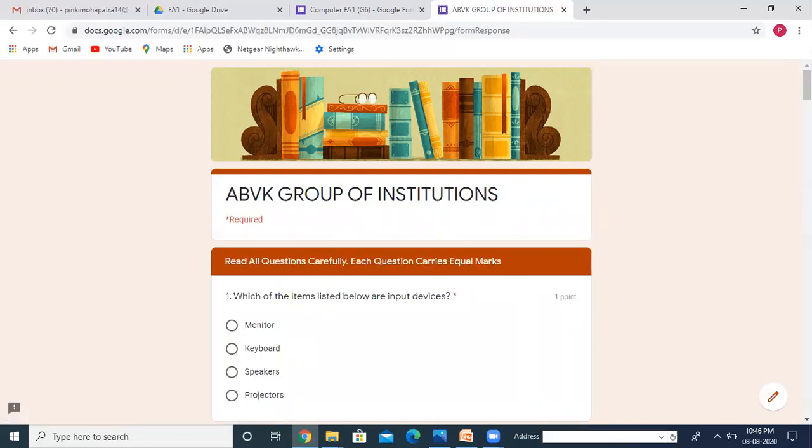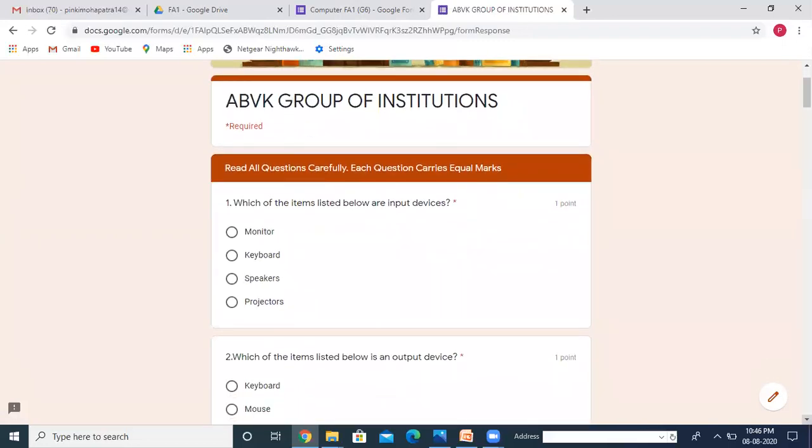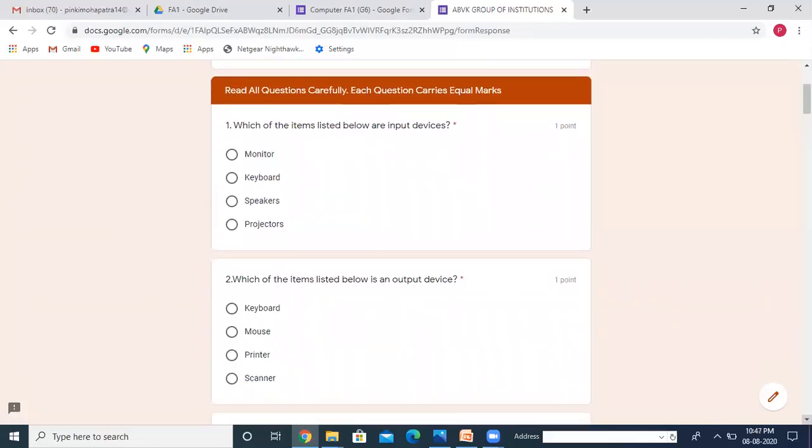So how we can keep this type of form ready, how we can create this type of form, how I can prepare a login form using Google Form. So we can provide them the password also. So whenever necessary, I can change the password and I can prevent the students from accessing this page. As you all have observed, whenever we are appearing in an online exam, the password will not be active all the time. After a certain time, it expires. But here we have to do it manually.